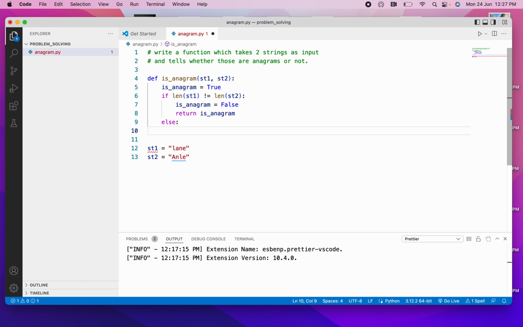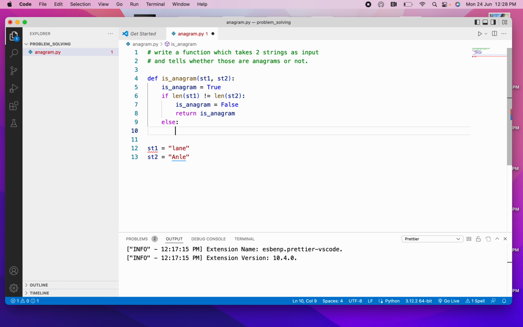Else, if their length is the same, then we'll proceed further, right? So what we'll have to do is iterate over the first string and check whether that string